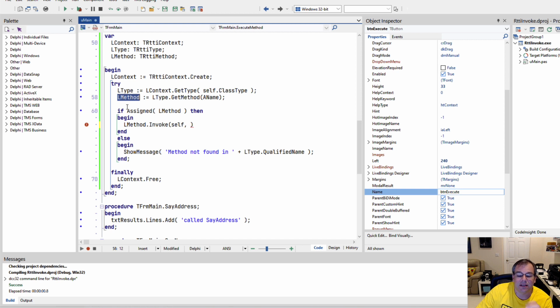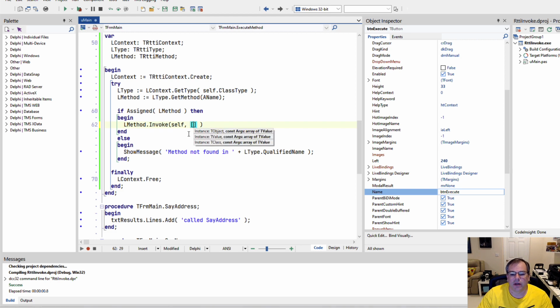The method is the description of the method for that class. And then you say, well, if we have this method, let's invoke it on this object. And this object is Self. This is our form, which contains the method, the actual method, not just the description. Okay? So you say Self, and we don't have any parameters.